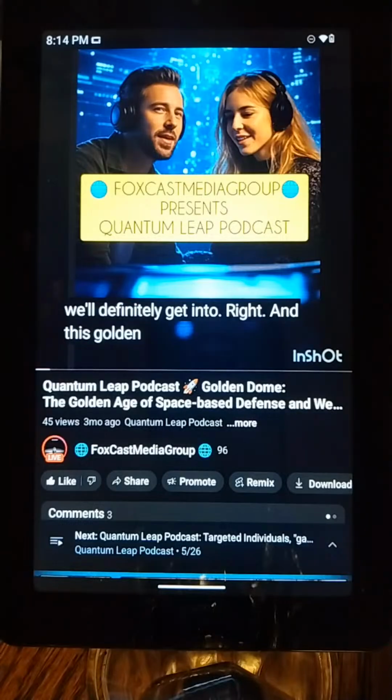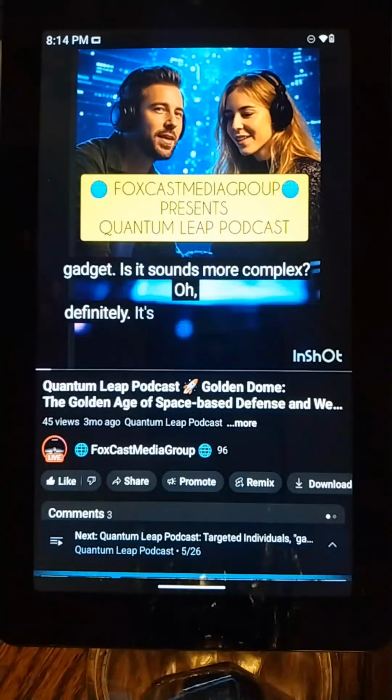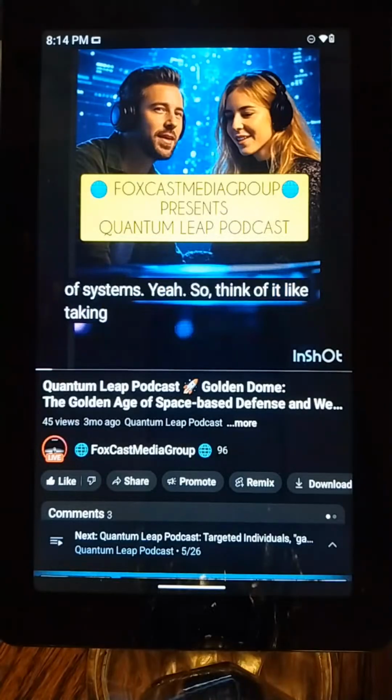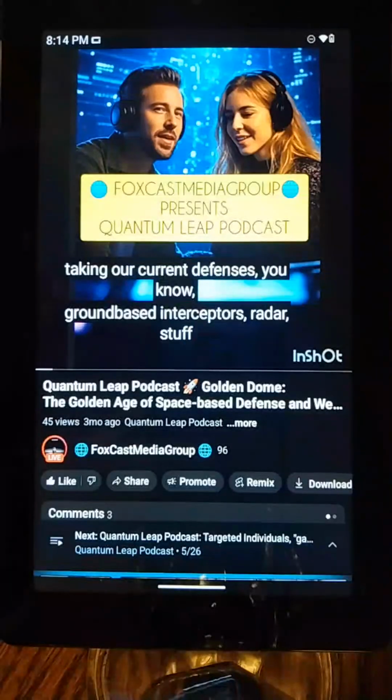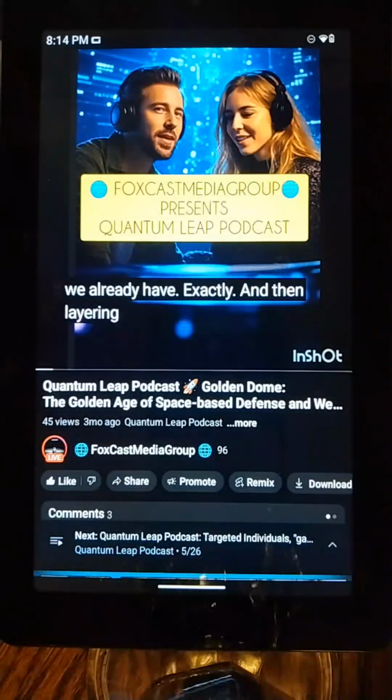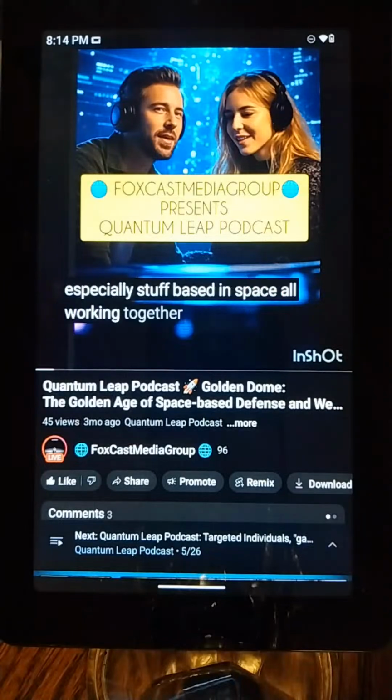Right. And this Golden Dome, it's not supposed to be one single amazing gadget, is it? Sounds more complex. But definitely, it's envisioned as a system of systems. So think of it like taking our current defenses, ground-based interceptors, radar, stuff we already have, and then layering in completely new technologies, especially stuff based in space, all working together, ideally under one unified